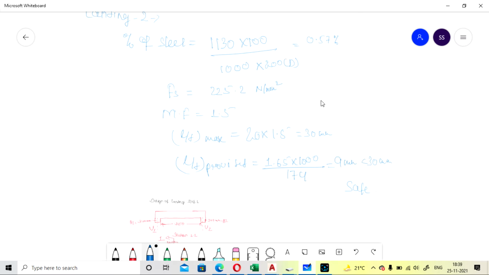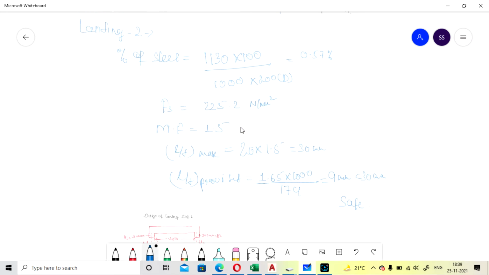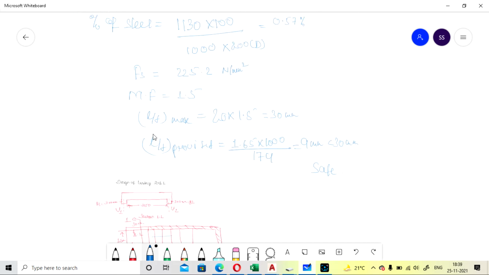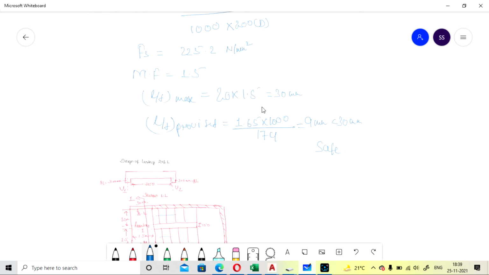So whatever percentage is coming, according to that you have to take the modification factor value from the IS code 456. Okay, so L by D maximum will be by the same formula. So whatever modification factor you find, you have to multiply that by 20 for simply supported. And L by D provided will be different from that.